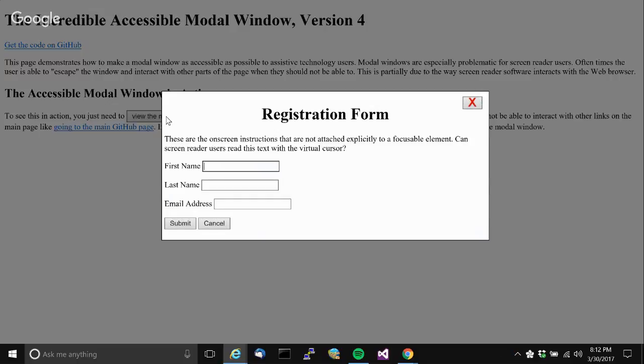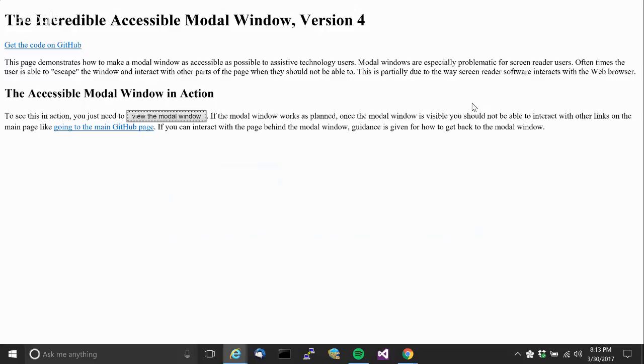Back to the start. To change use, press F6. First name, editable text, blank. And I am locked into that modal dialog as I should be. To change use, press F6. Close registration form button. I should really move that press F6 thing to the end so it doesn't slow me down. View the mobile window button. And the modal dialog went away, and it put my focus back to a different part of the page.